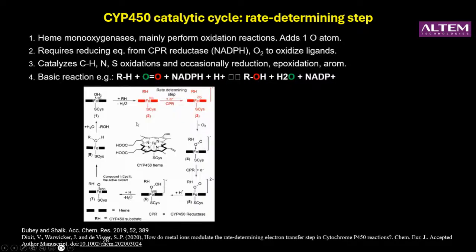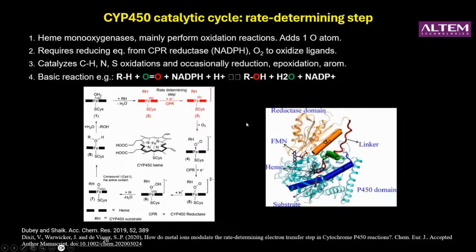So here is the complicated catalytic cycle. Without going into the details, I would like to summarize that the first step of electron transfer is rate determining. And here is an overall picture of the reductase bound to the bacterial P450. So this electron transfer takes place from the reductase to the heme after the ligand is bound to the active site. So the rate determining step is the most important step in the P450 catalytic cycle. If one can predict that accurately, then you might be able to predict whether the drug will undergo metabolism or not.